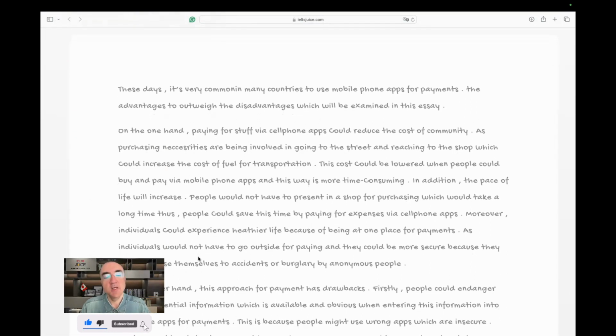All right. These days, it's very common. This is fine. It's common in many countries. This is a slip. It's fine, really. In many countries, to use mobile phone apps for payments, the advantages to outweigh the disadvantages. Okay,